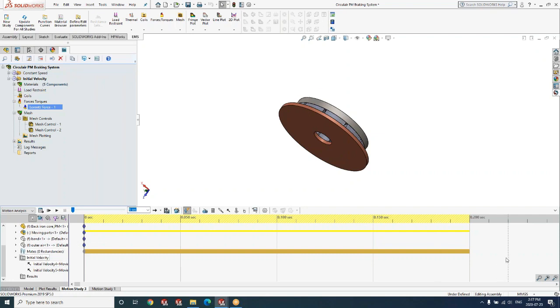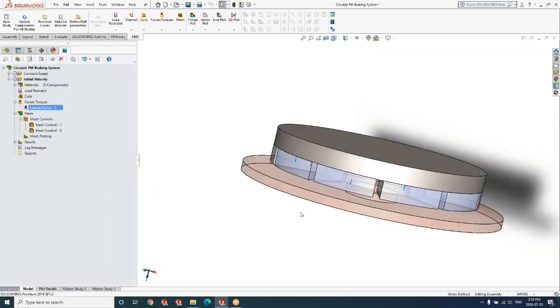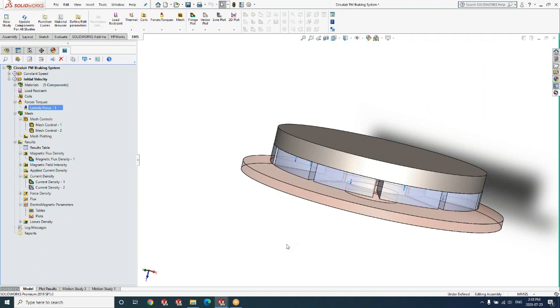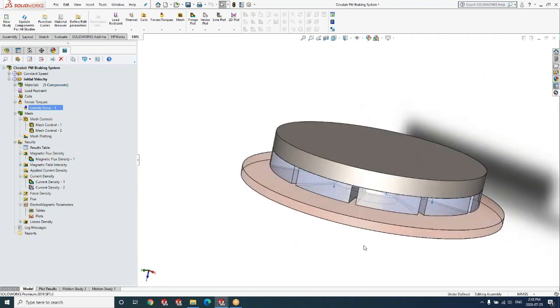And finally, we will have to tell the program how long you want to do the simulation. For example, we would like to study the motion of the disk for say 200 milliseconds, and that's where we tell the motion simulation the total time duration for this transient simulation. So prior to this webinar, I solved this problem, and now we can take a look directly at the results. What are the results that are interesting to us? Now it makes sense to go back to our objectives.